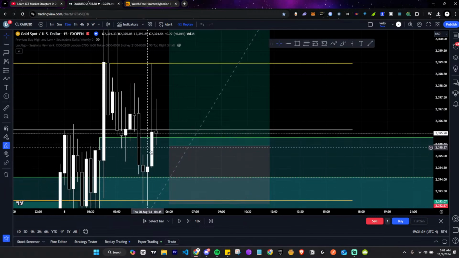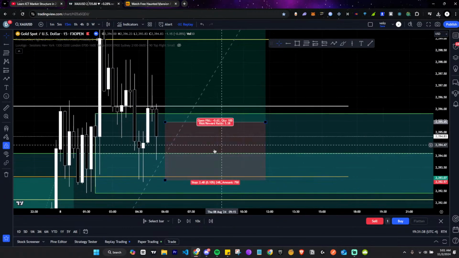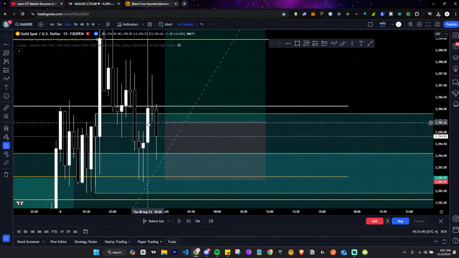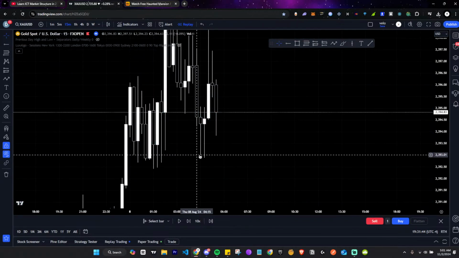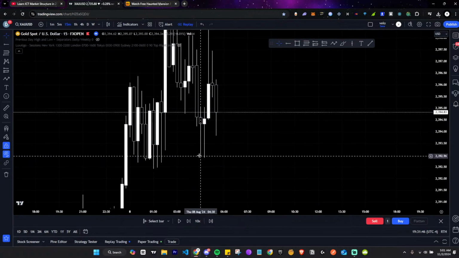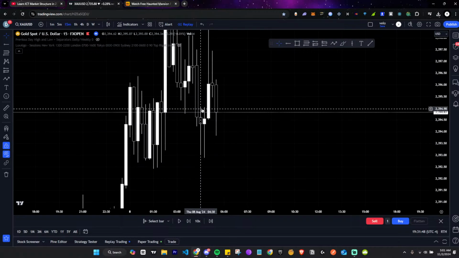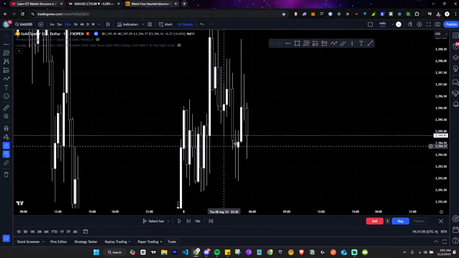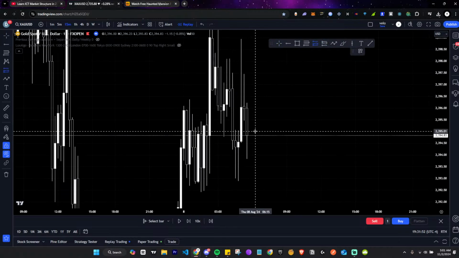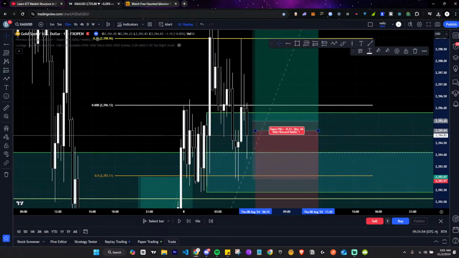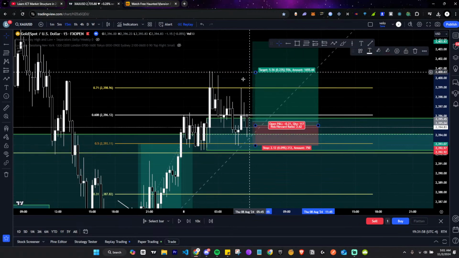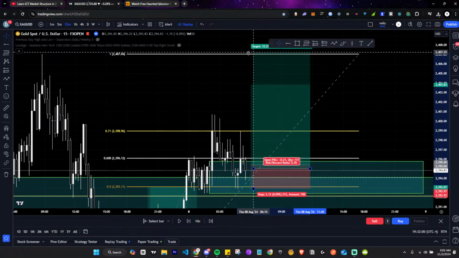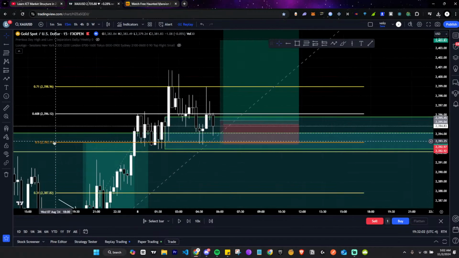So if this fair value gap right here holds, right? If we drop here, okay, we dropped in here. If this order block, this fair value gap and order block area holds, because this candle is lower than this one and this one. So pretty much we have this fair value gap and the whole order block combination over here. So if I see this and I see the rejection in price, and I put my stops here, and I long it towards the number one, because it's clearly using 0.5 as a